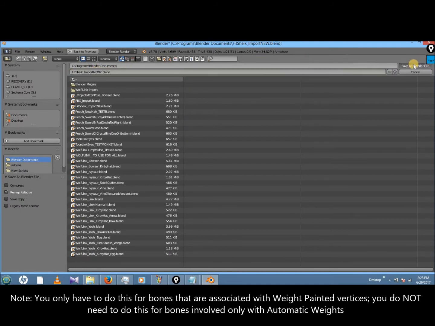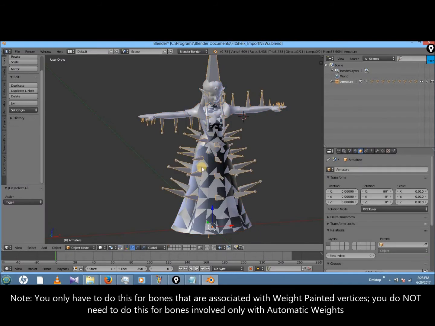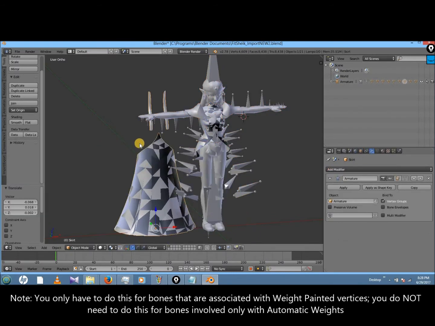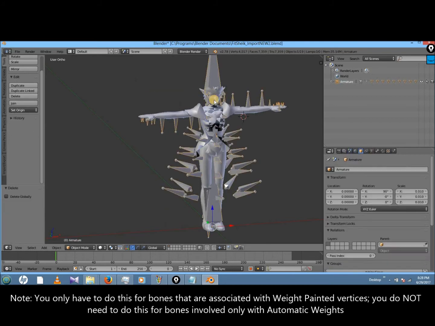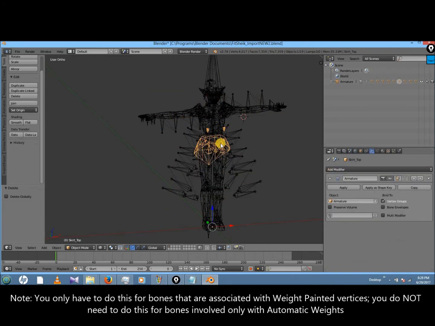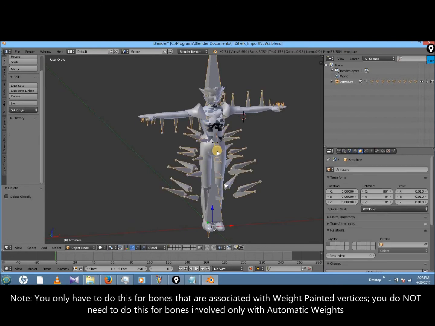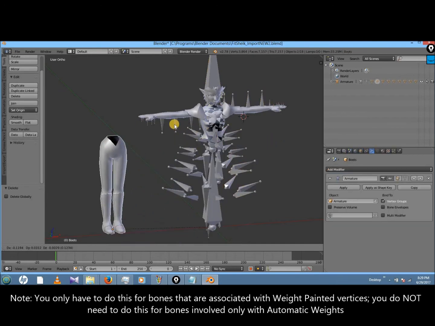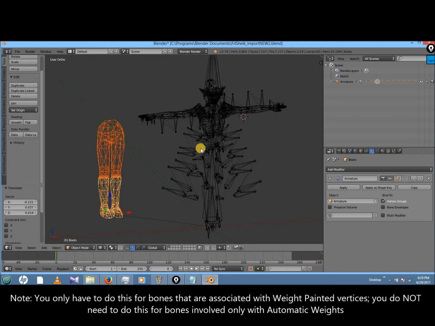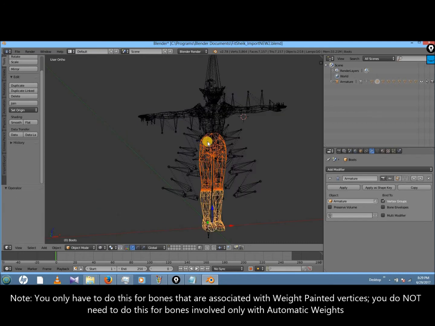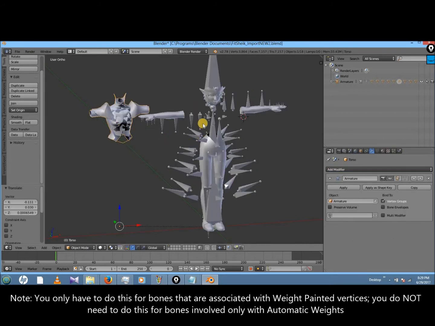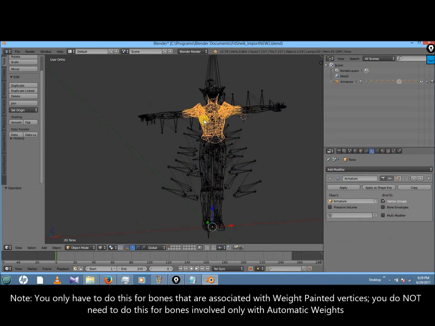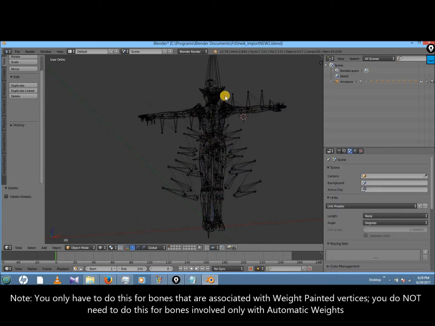So for the duplicate, the ones that were weight painted I will delete, which are that one, that one, is there anything else? That one, and that one.